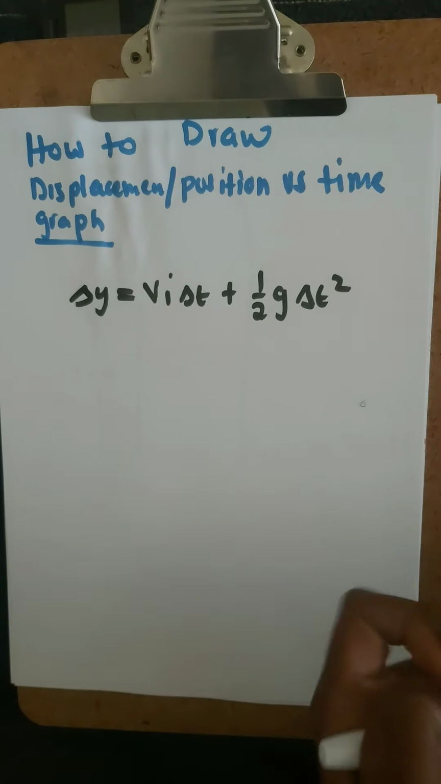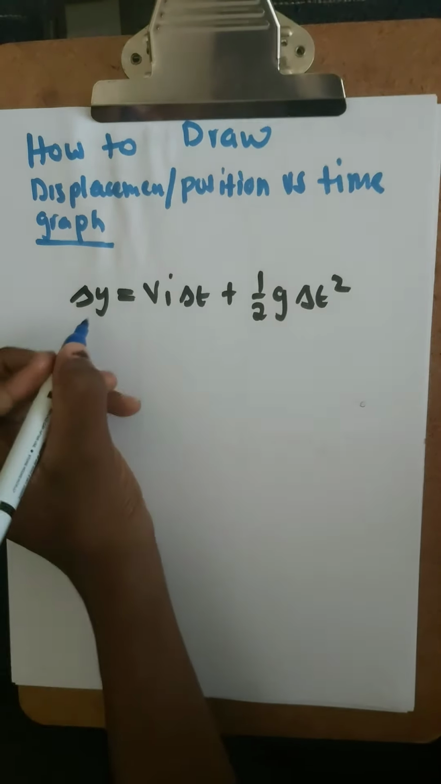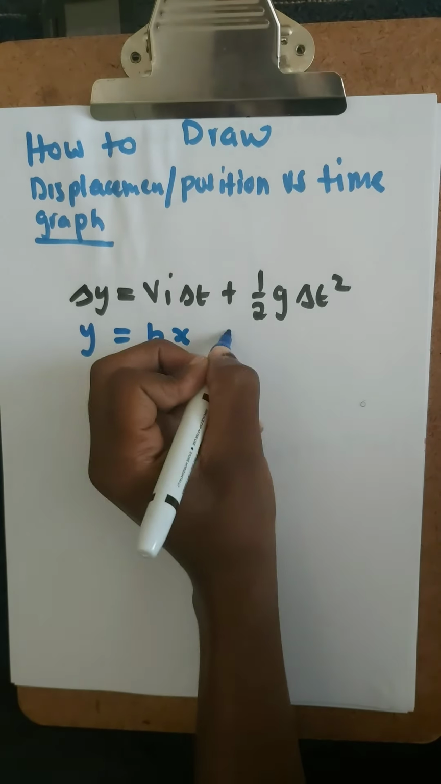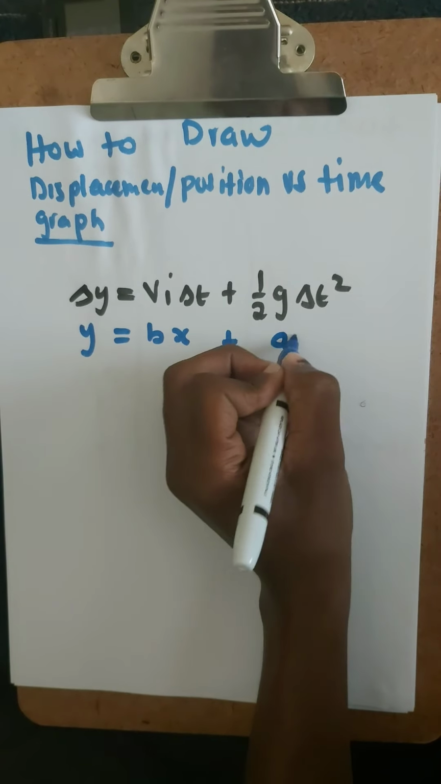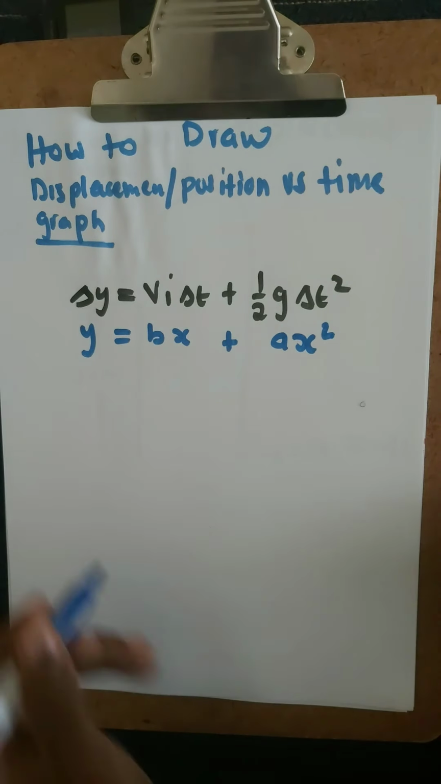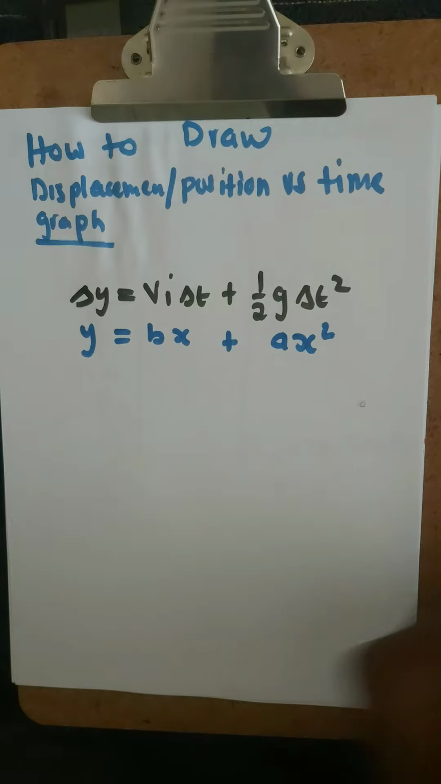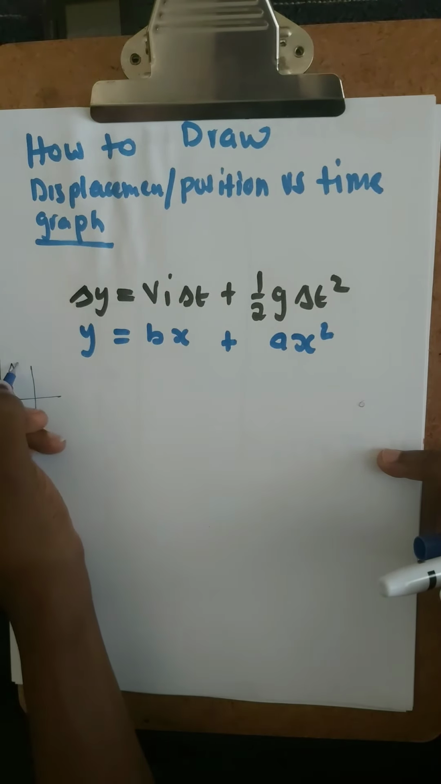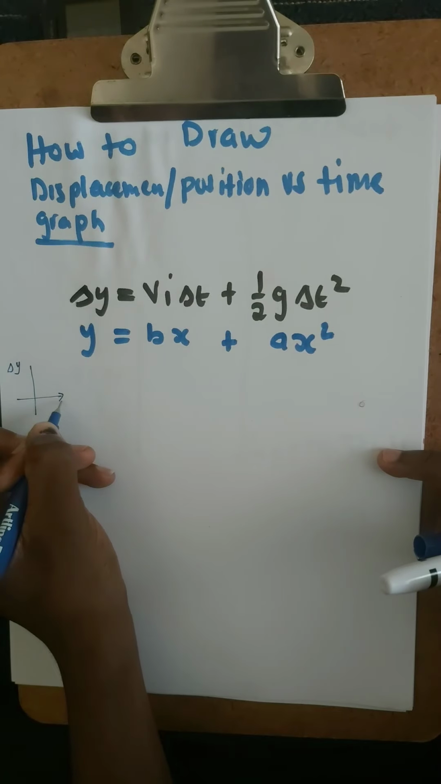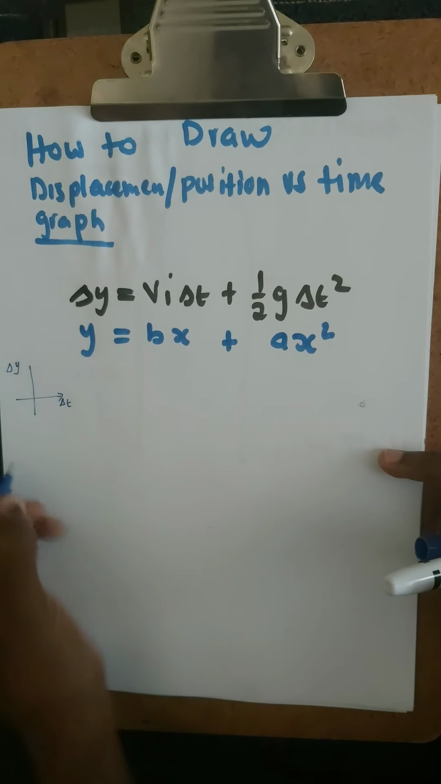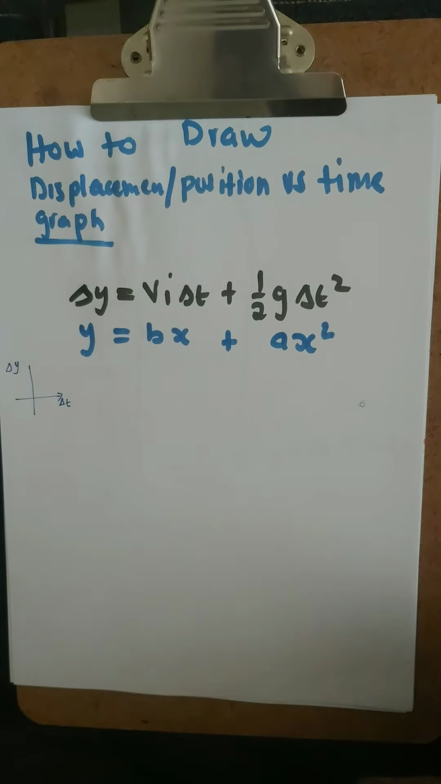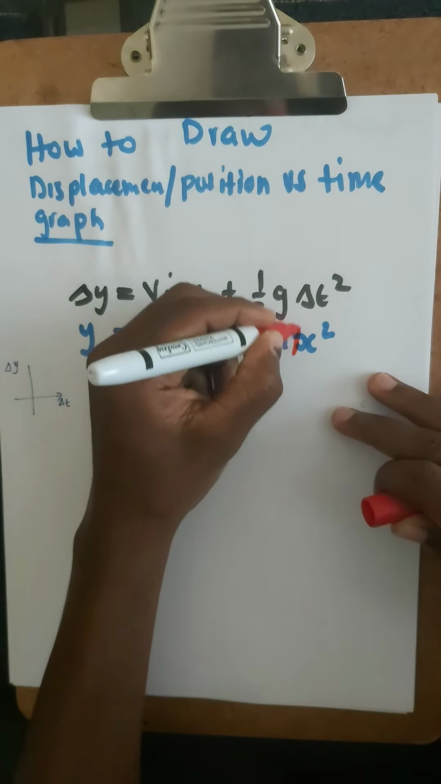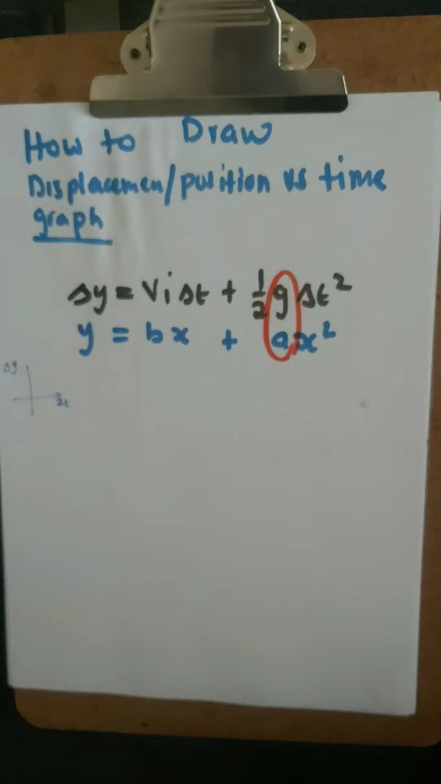So now our graph forms a parabola. It's going to be bx plus ax squared, because when you are sketching the graph, on our y-axis we have delta y, and on our x-axis we have delta t. That's why it's like this. The most important thing is that it forms a parabola, so it means g is constant,